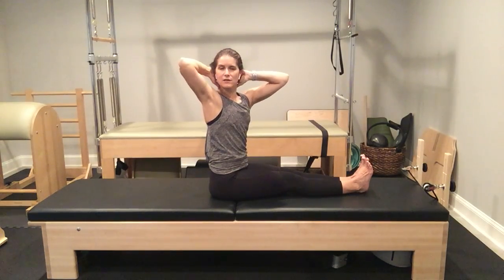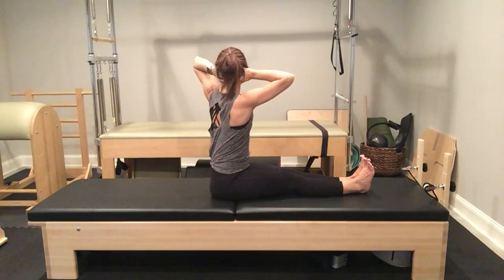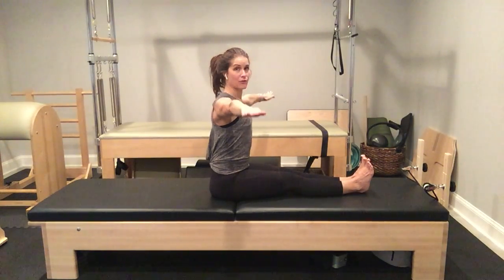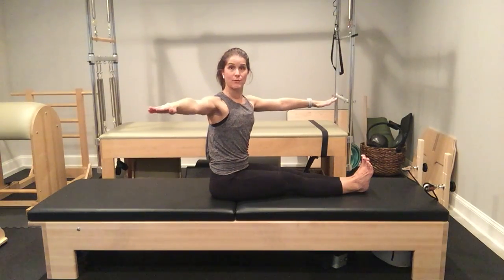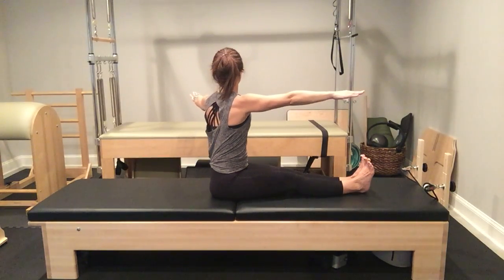Press your head in your hands so you're not crunching your neck or your spine. And center. Arms out to a T, slightly in your periphery, as if you're pressing down to bring your shoulder blades down your back. We're going to rotate to the right. The movement's probably going to be much smaller than you're used to